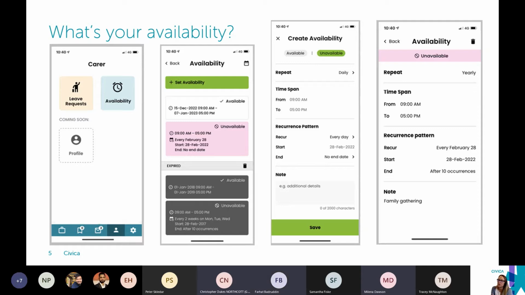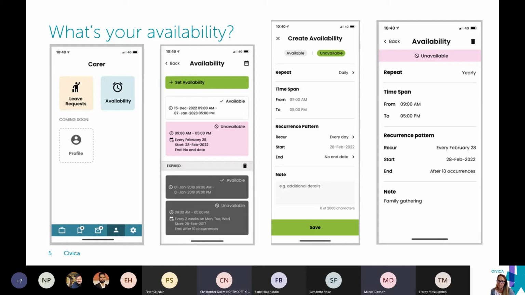Yes. So I guess if a request has come through to delete an availability preference, it would have to delete it from CarelinkGo Plus. It wouldn't affect the rosters because it doesn't impact the rosters. It's just there for you to utilise when you're doing a carer search. So if someone was available and now they've removed the availability, they're not going to be